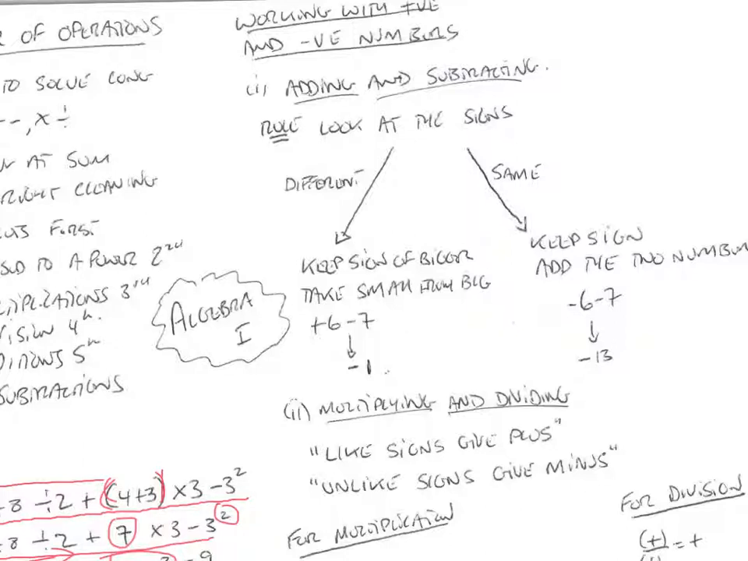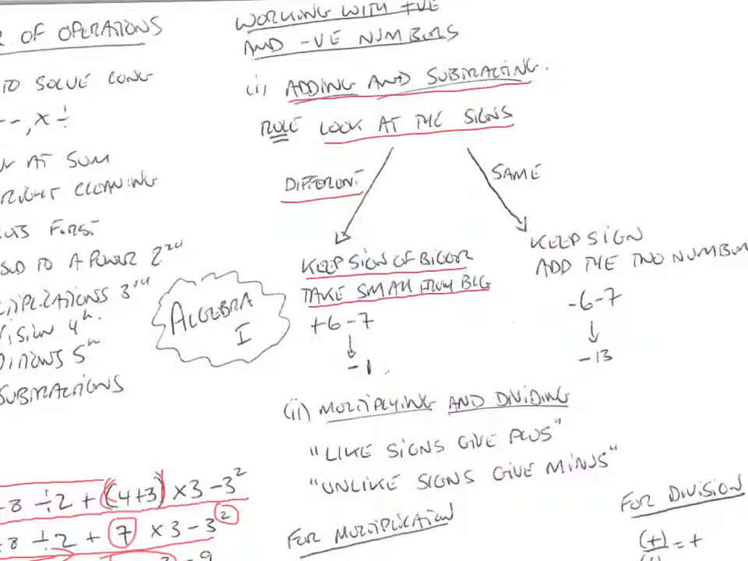Now another very important method in maths is to be sure you know how to work with positive and negative numbers. When we're working with positive and negative numbers, we're either adding or subtracting them, or we might be multiplying or dividing them. So let's look at what we do. What's the rule if we're adding and subtracting positive and negative numbers? If I have two numbers like plus 6 minus 7, I need to look at the signs. If the signs are different, if one number is positive and the other is negative, then I keep the sign of the bigger number